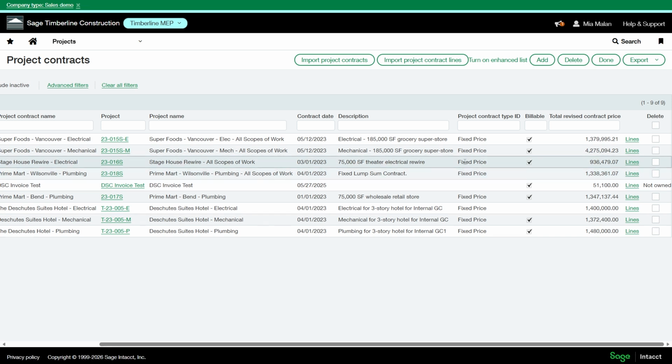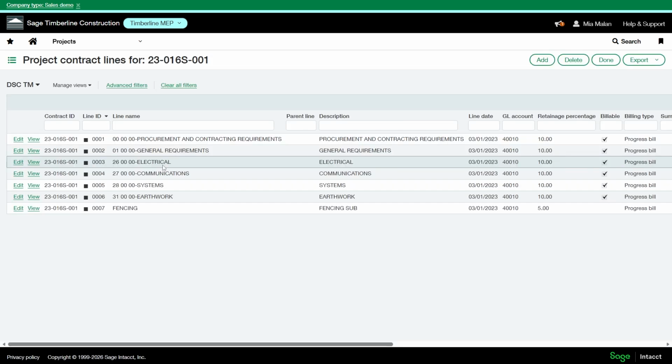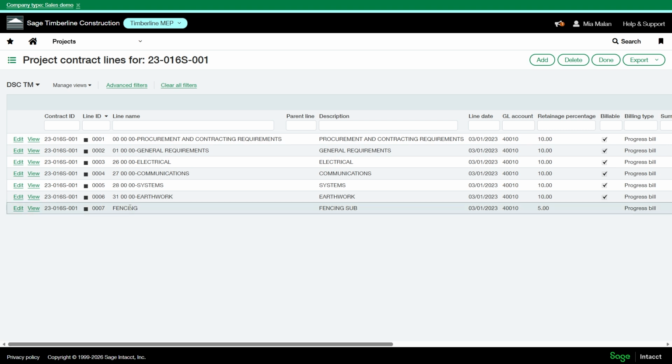I'm going to be adding a progress line for a fixed price project. So if you're billing progress bills or AIA, you'll want to set it up as a progress line. Or even if you have a time and material bill and you'd like to have markups at the bottom or something, or a fee that you're billing to the owner, you can also set it as a progress line so you can manually enter that amount as you're generating your invoice.